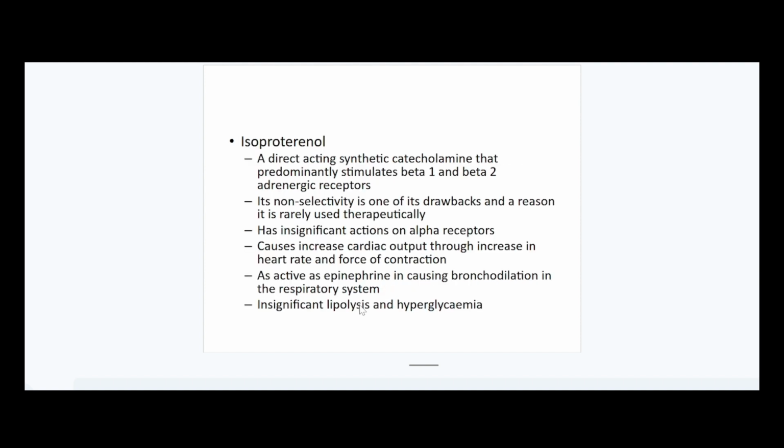We have the synthetically produced one, which is isoproterenol. Isoproterenol binds to beta 1 and beta 2. It is non-selective. That is, it can bind to both 1 and 2. And that's very, very dangerous because imagine the heart rate being increased, the lungs being relaxed for a protracted period of time. So it is non-selective and it is being withdrawn because of its side effects. It has insignificant action on alpha receptors and can cause increase in cardiac output, force of contraction, increase in heart rate,